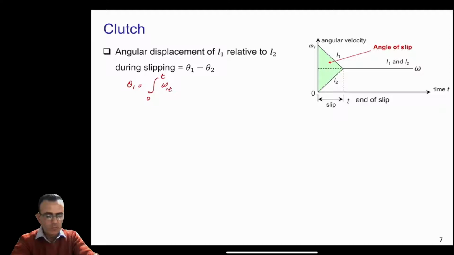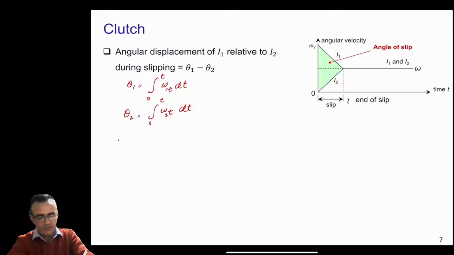the integral of omega1(t) dt. So if you just integrate this omega1, which is changing with respect to time, you will get this theta1, which in other words is this whole area under the curve. Similarly, theta2 will be again the integral from 0 to T dash of omega2(t) dt, which will be this triangle here. So then if you want to calculate theta1 minus theta2,